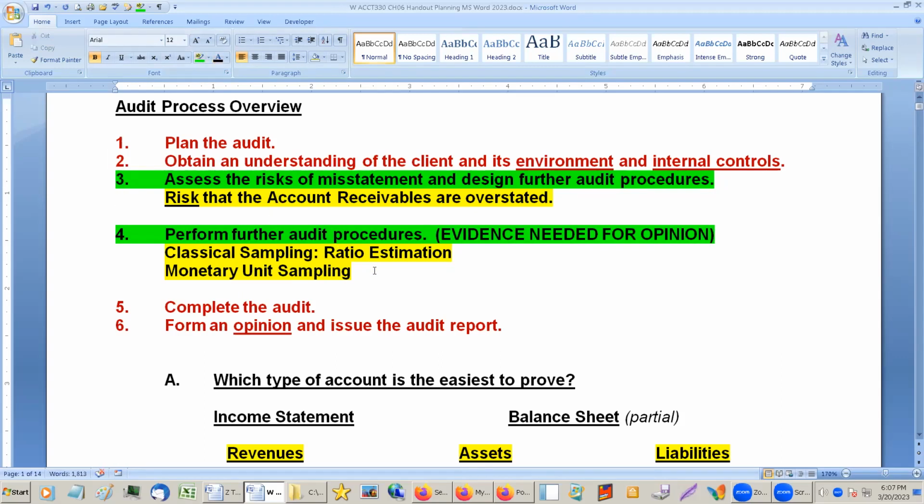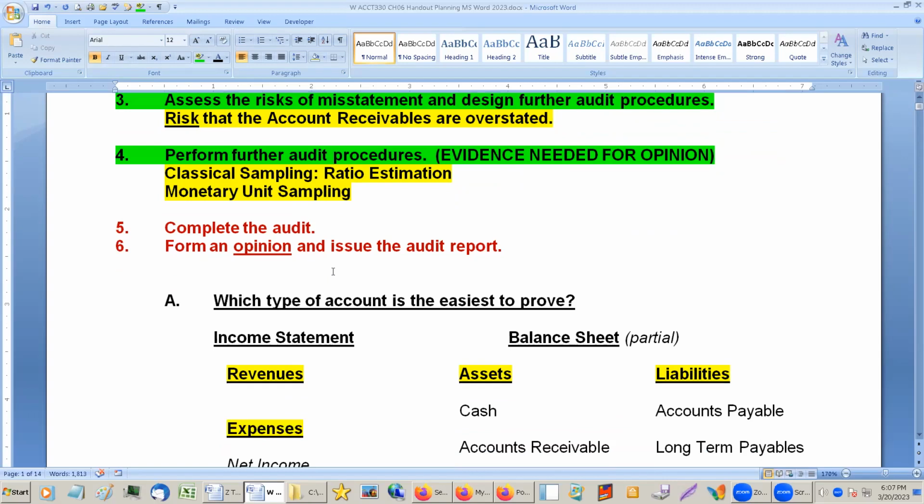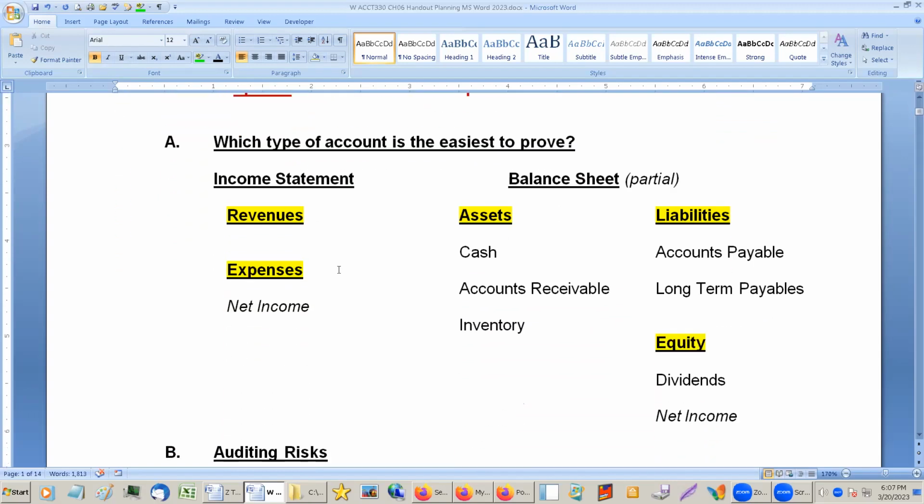Assess the risks and then perform procedures. So the risks will go into the procedures. Okay, as we plan the audit,